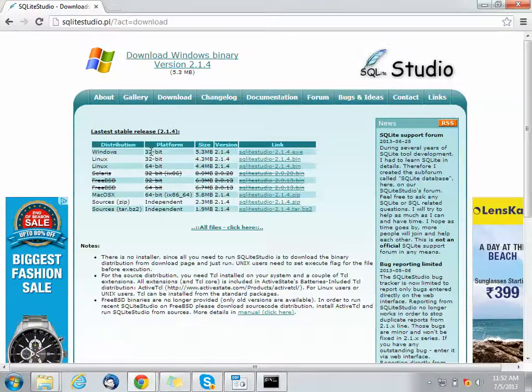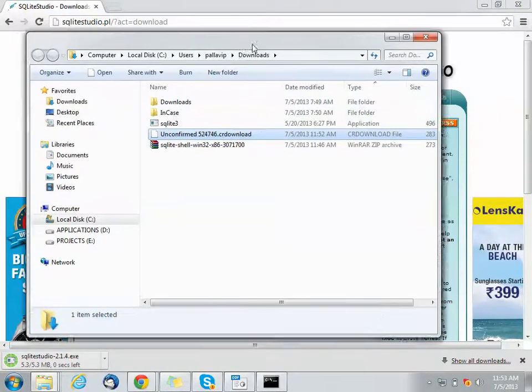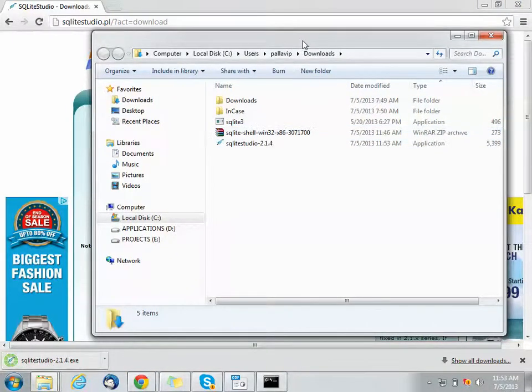We'll get one for Windows 32-bit. So this GUI is also very user friendly. You don't need any installation for this as well. You will just need this exe, and that's all. So it's downloaded.